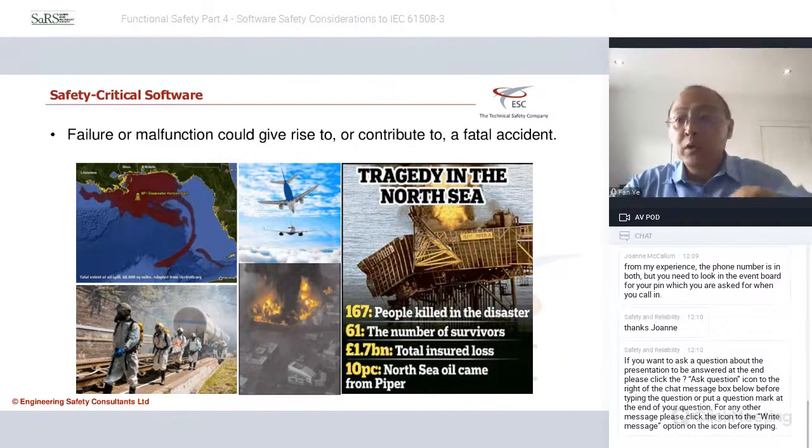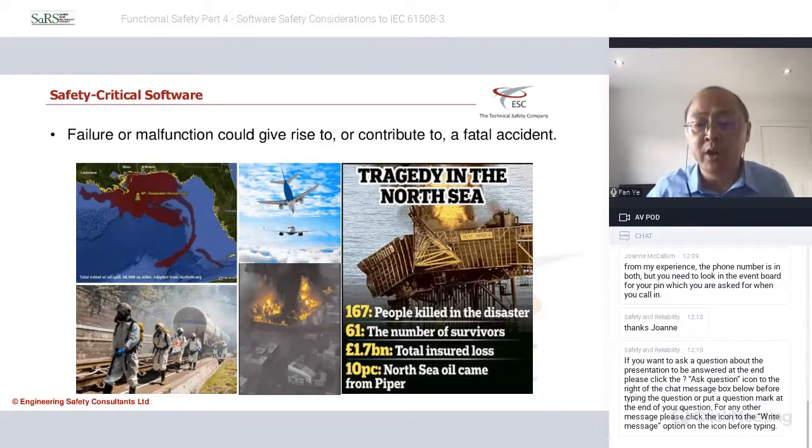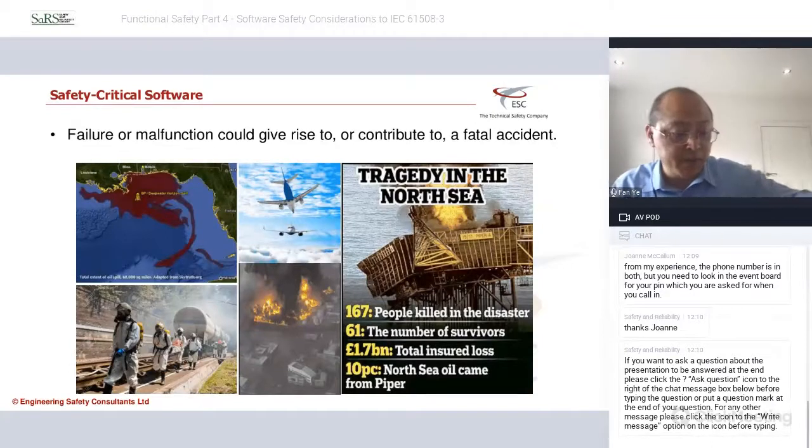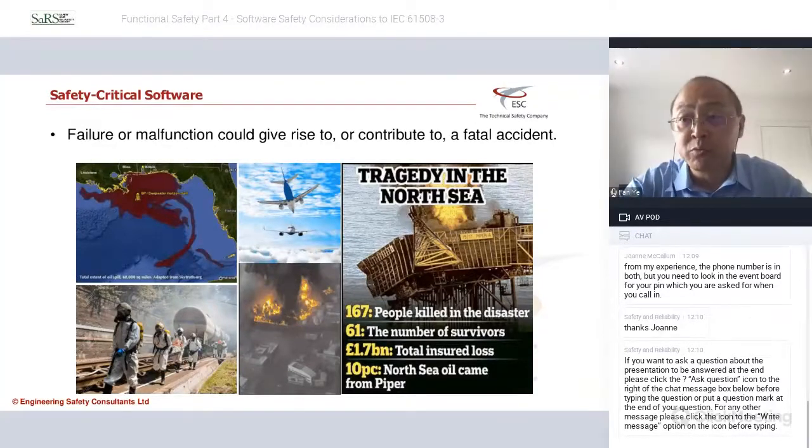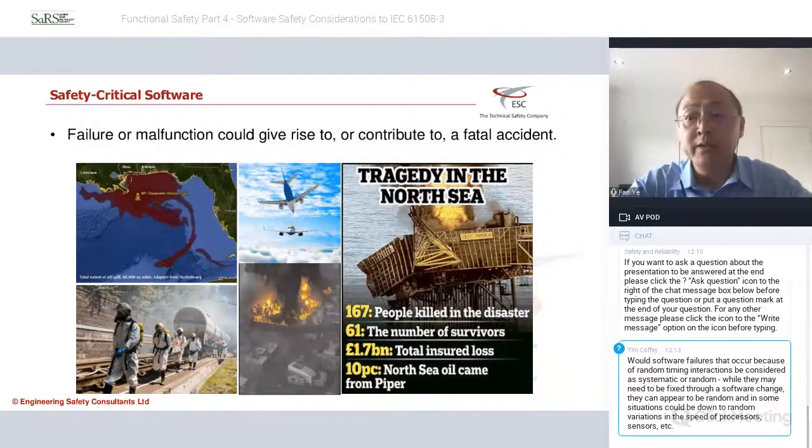Now, we always hear the term safety critical software. What do we mean by safety critical software? Failure or malfunction of the system or the software that could give rise to or contribute to a fatal accident would be termed safety critical software. From a standard perspective, they use the term safety related software. So any software that is part of a safety related function or safety related system would be considered